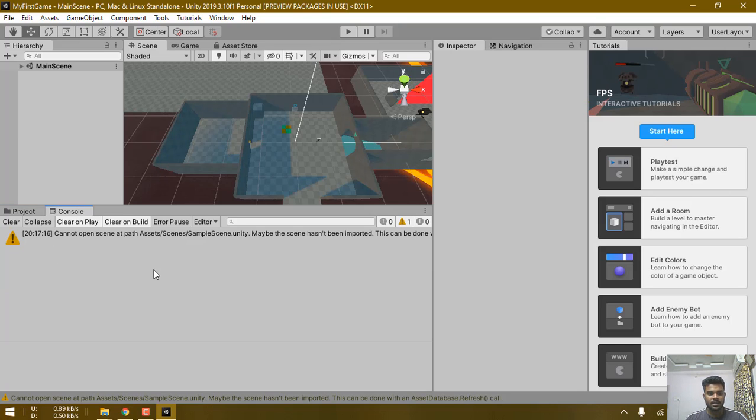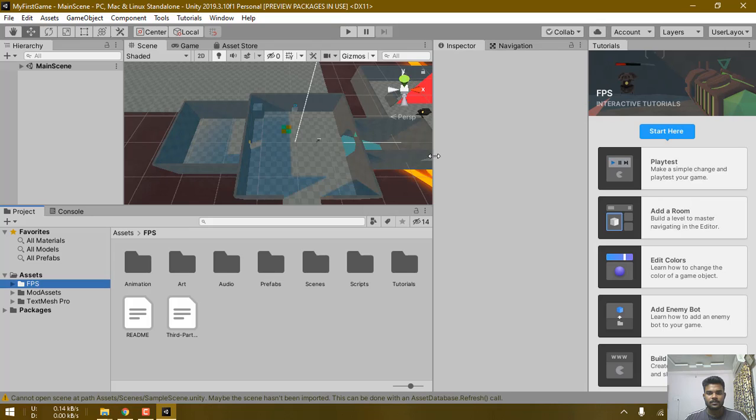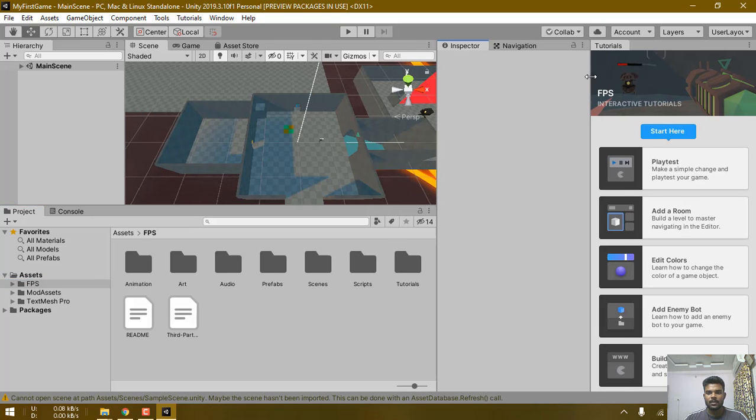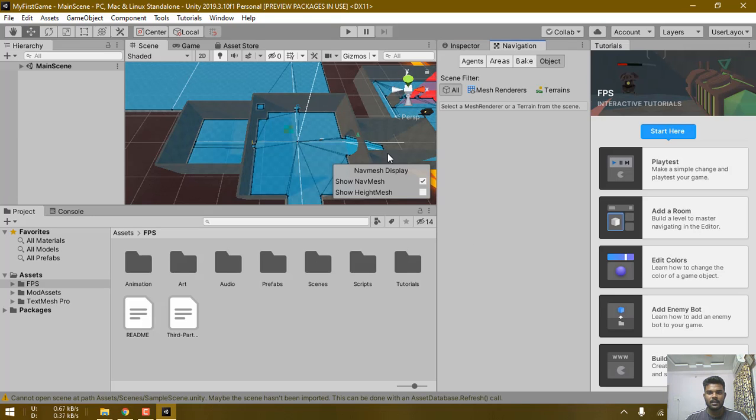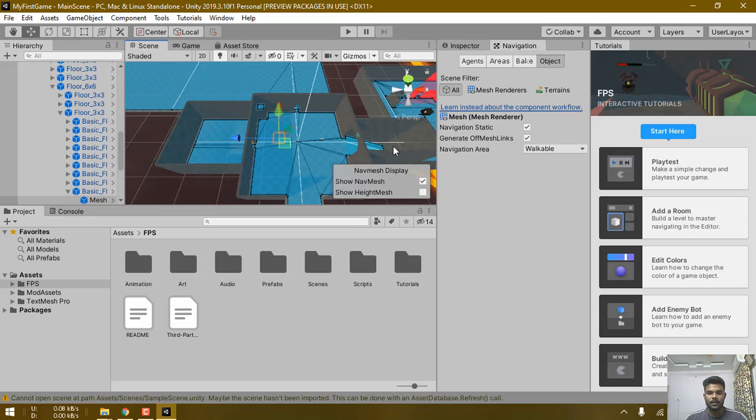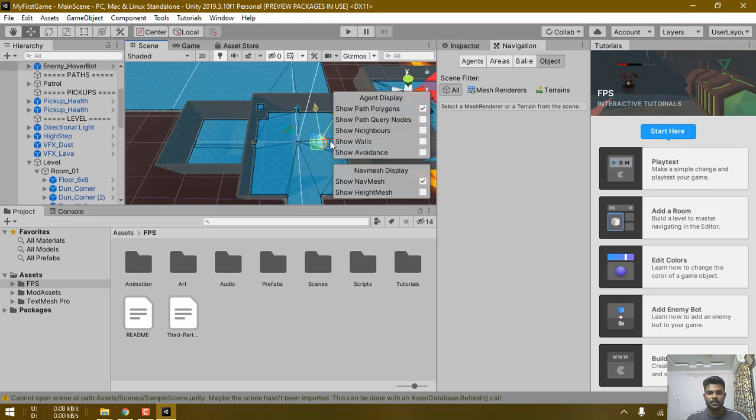So this is the console. You can see if there are any error messages while creating or running your application. So now this is the inspector panel. We will be knowing a lot about this in the future. This is the navigation panel, where you will know many things, the properties of each object and everything.